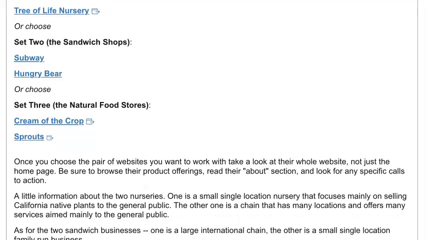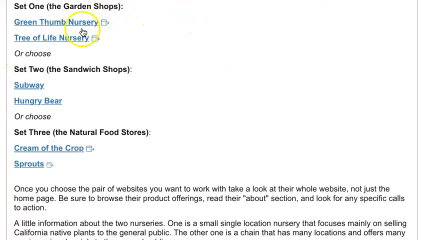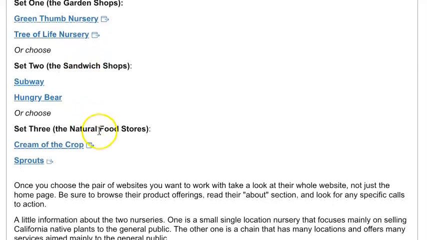So, Cream of the Crop, it's in Oceanside, again, one location. Sprouts is spreading all over the place. They have a lot of locations. They both deal with natural foods, but they have a different audience that they appeal to. Somewhat similar, but different too. So, I want you to pick a pair of these, one of these choices, either the garden shops, the sandwich shops, or the natural food stores, and then